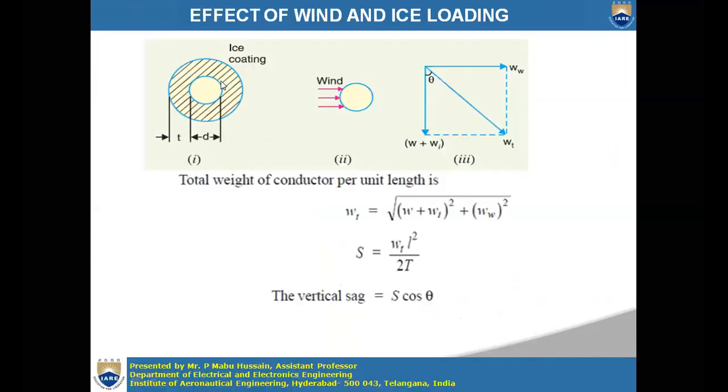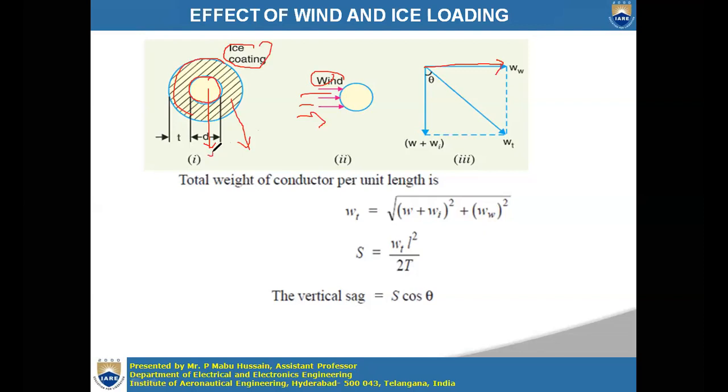right. We also discussed the effect of ice coating and wind loading on the conductor weight. Okay, so this wind force always acts horizontally. It will be represented like this, horizontally, which is represented with WW, the weight of the wind. Okay, and ice coating and weight of the conductor. So this is the actual conductor. The weight of the conductor will always act downwards. Similarly, if there is ice coating on the conductor, that ice weight also acts vertically downwards.